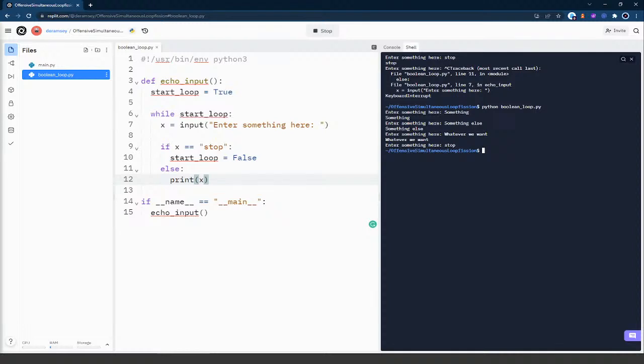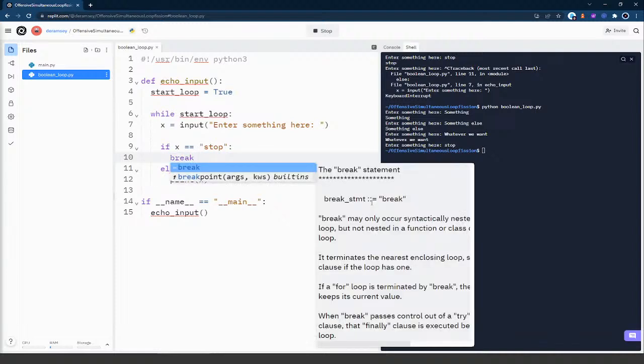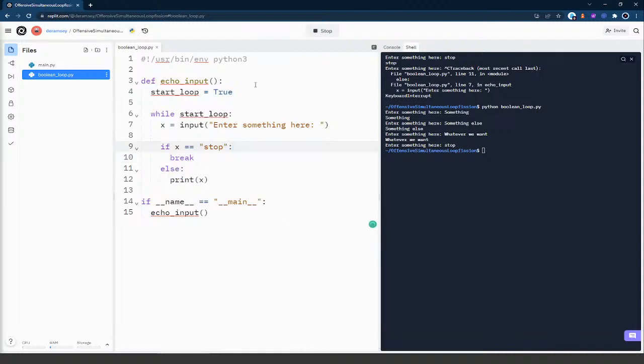Right? So we can see that in action with our program here. If we took this start loop equals false and replaced it with the statement of break, we're not going to literally make this statement false. Our start loop is always going to be true, but we're going to break our loop in the event that somebody enters stop. Let me just add that to my input here, or stop